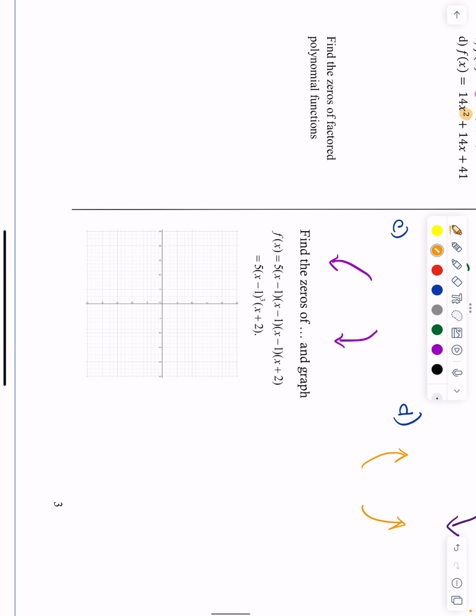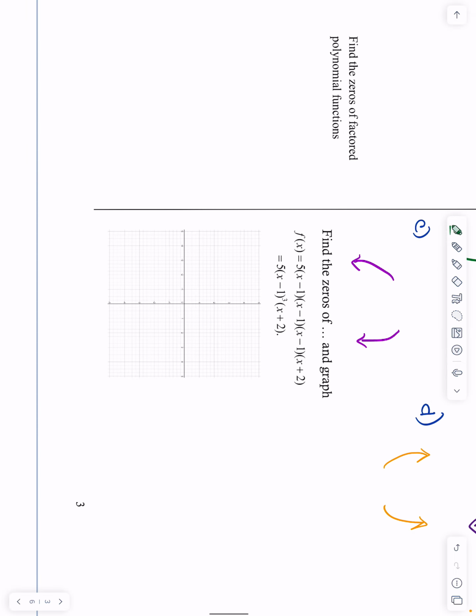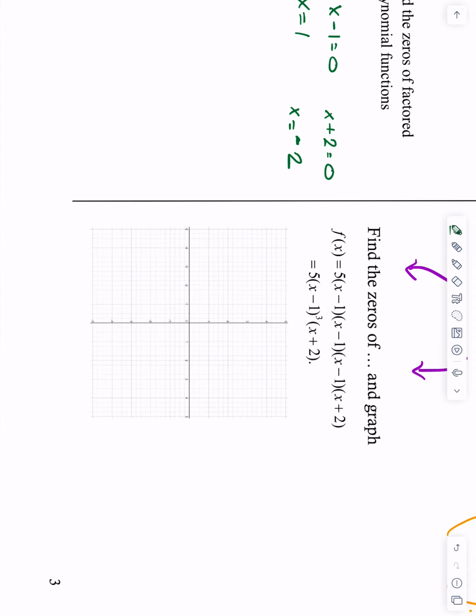So let's see if we can put that together, use this information, and graph. And we're going to kind of preview something here we're going to see in a minute. Notice, I have two zeros. I got x minus 1. That happens over and over and over. And then I have an x plus 2. So I know my zeros are at